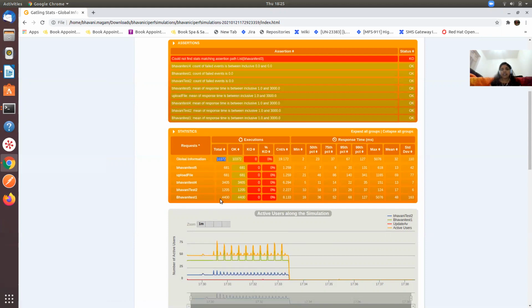You made 10,372 requests in total, and all of them are successful and zero failed. That covers the failures you had in the performance run, and also the counts per second. How many total requests did you make to your application? I have made 19.172 requests per second, which is nearly 19 requests per second, and my minimum response